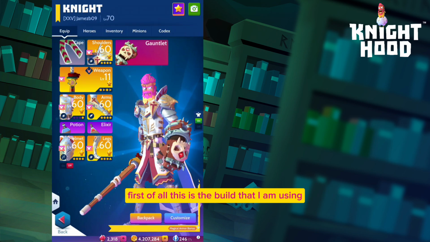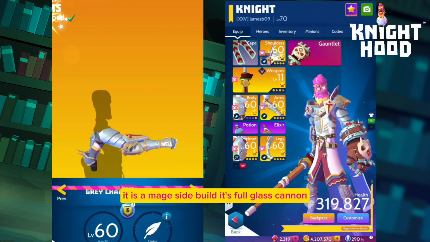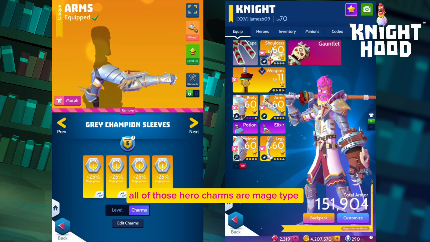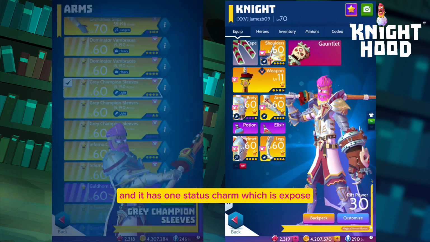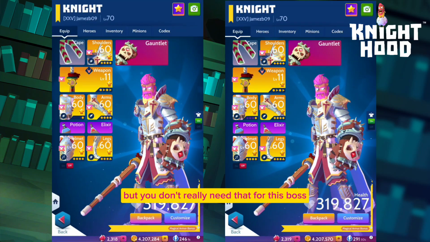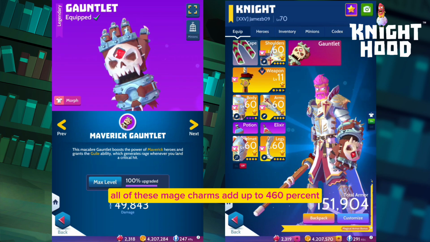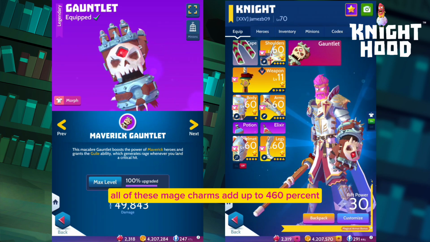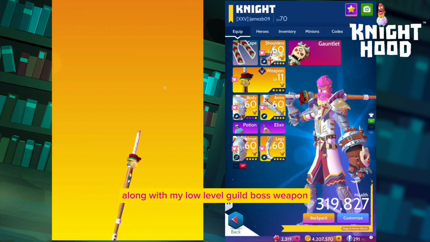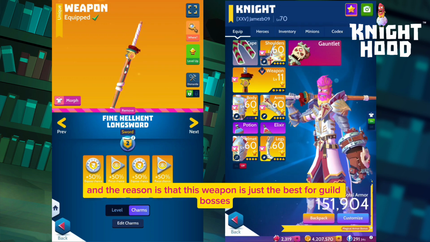First of all, this is the build that I am using. It is a mage side build. It's full glass cannon. There's no defense charms on it. All of those hero charms are mage type, and it has one status charm which is expose, but you don't really need that for this boss because it is vulnerable to expose. All of these mage charms add up to 460%,